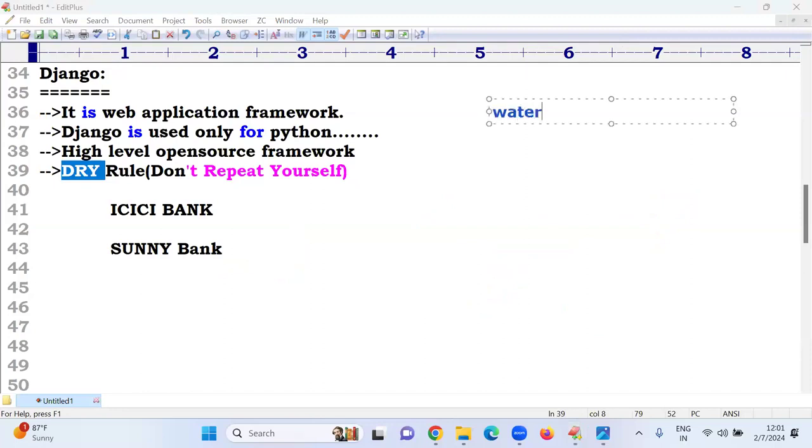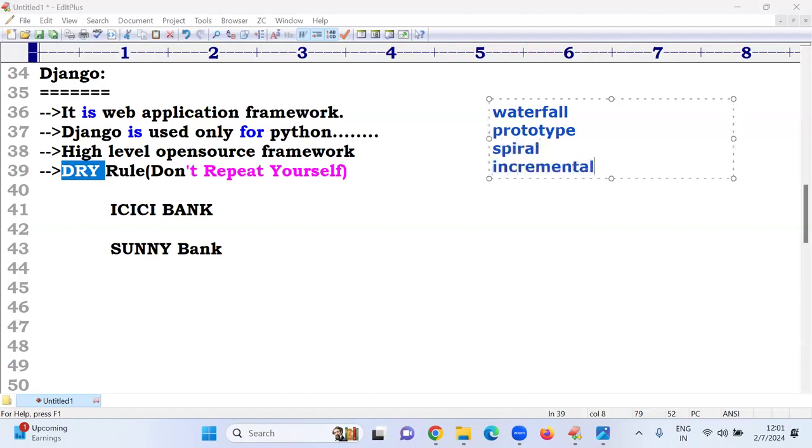Like the waterfall model, prototype, spiral model, incremental model, RAD model, fish model, V model, and Agile model.